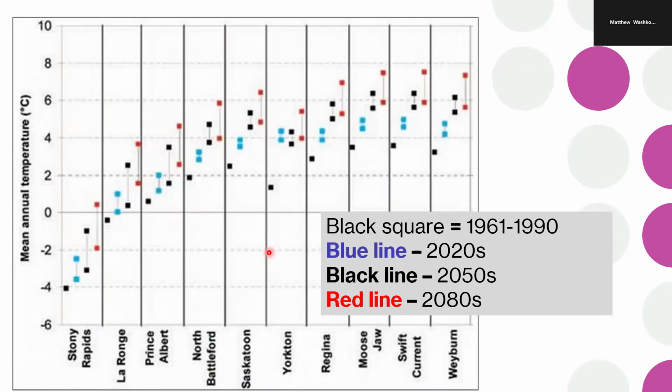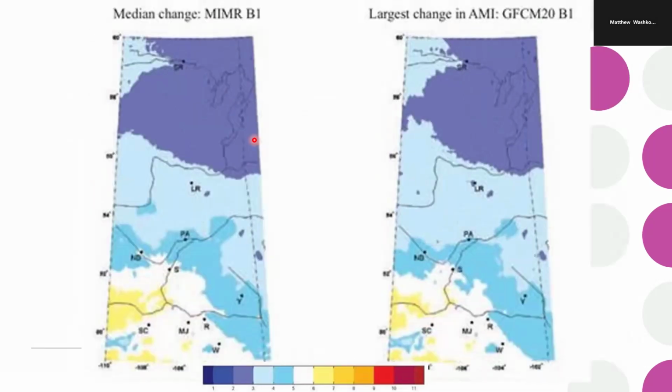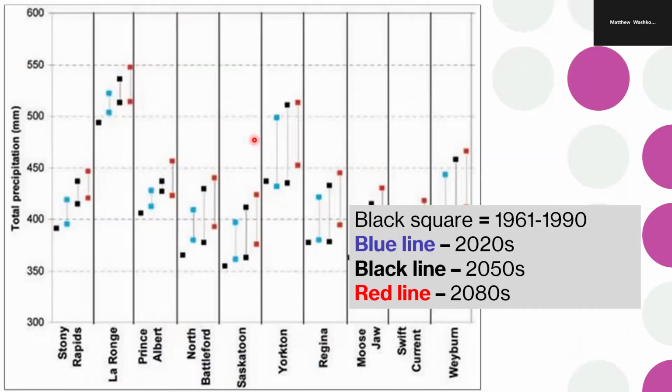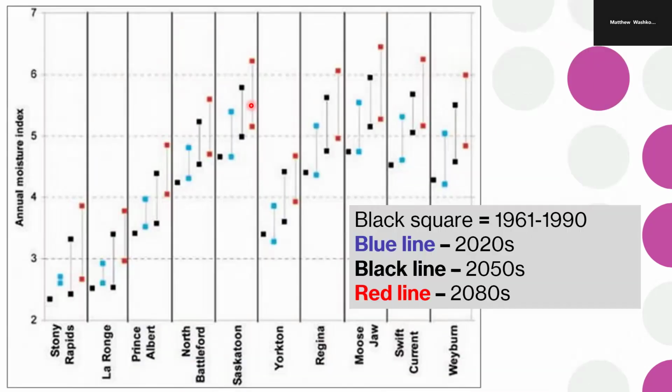Again, you'll do these questions here. We look at the current climate here in Saskatchewan. Again, we can see that we are warming. You can see these squares here. The blue line is where we're at. We have our average high and our average low. And we can see that right now, that gap is increasing. And then as we go into the future here, we can predict that it's going to be increasing much, much more. Not only that, the fluctuations are going to increase.